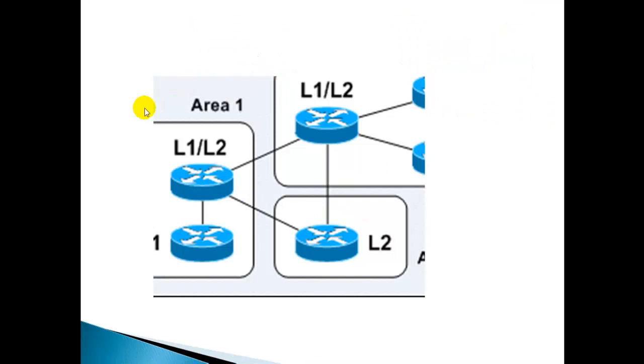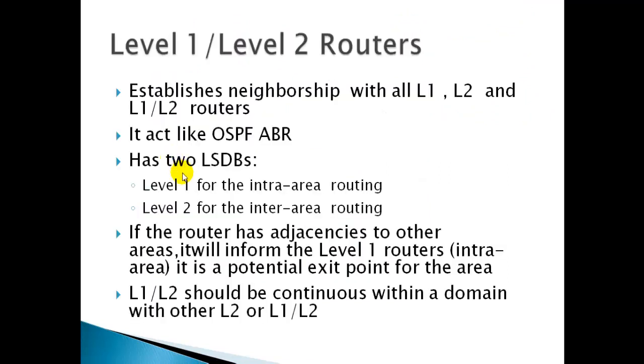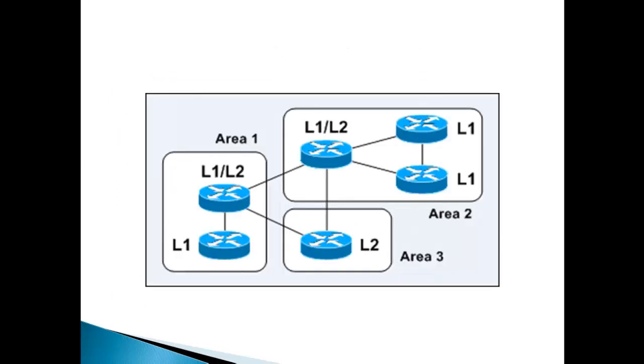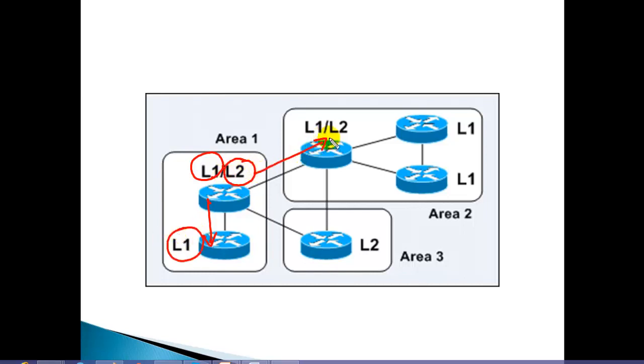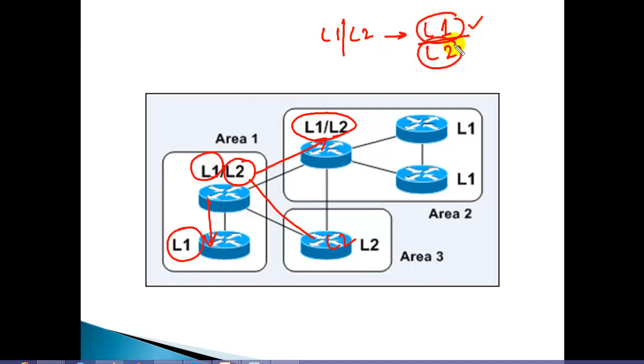Now the last type of router we have is called level 1 level 2 routers, and these routers are actually communicating with both the internal routers. So it is communicating with your internal router based on level 1, and also communicating with a level 2 router which is in a different area. You can see it is communicating with the other router on level 2 also. So the level 1 level 2 router is going to maintain the database of level 1, and also the database of level 2. So it's going to maintain two separate databases, a level 1 database as well as a level 2 database.